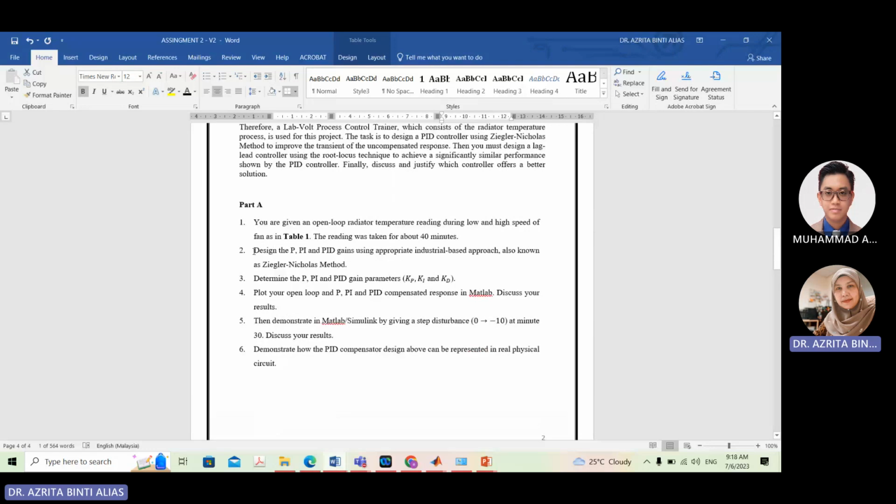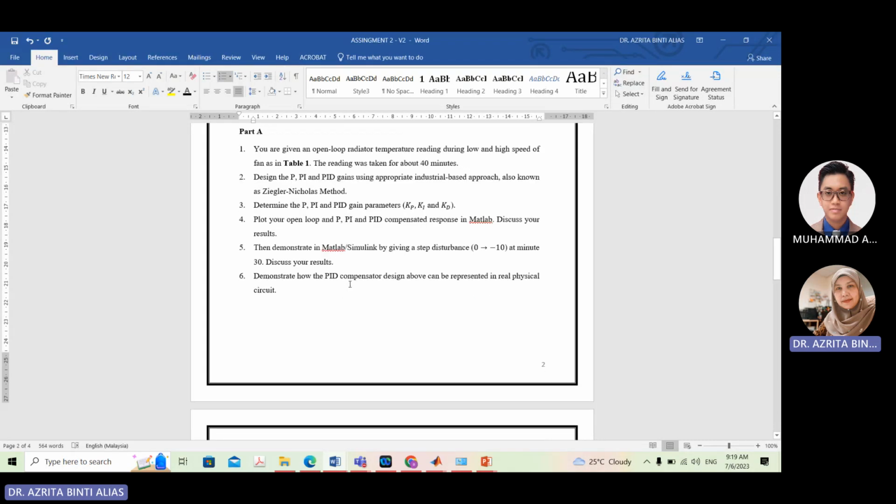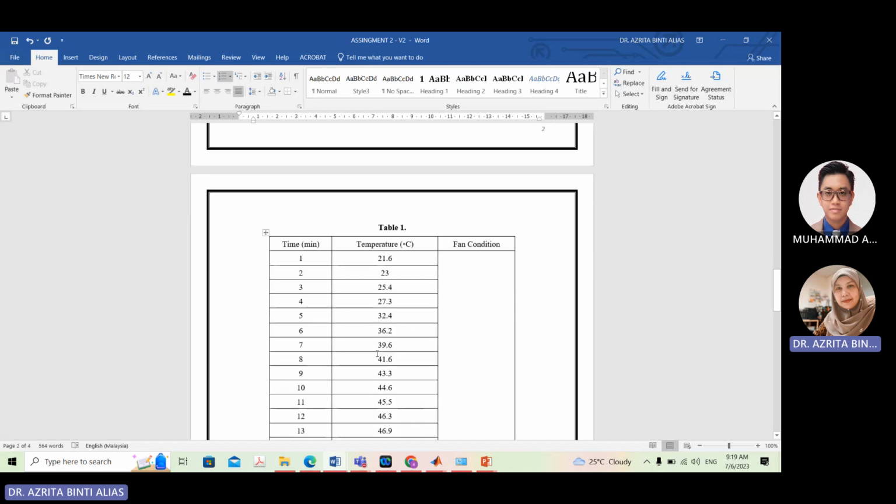Okay, the question here is that you need to design the P, PI, and PID gains using an appropriate industrial-based approach, also known as the Ziegler-Nichols method. But we don't know which, because we learned two Ziegler-Nichols methods, the first method and the second method. So how do we decide which method to use? First, we need to plot